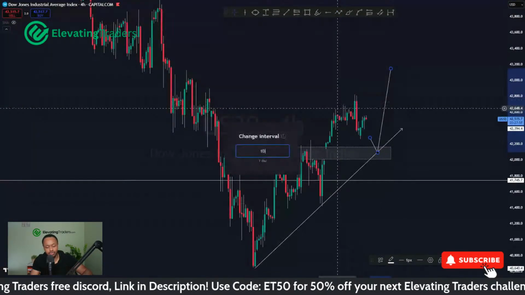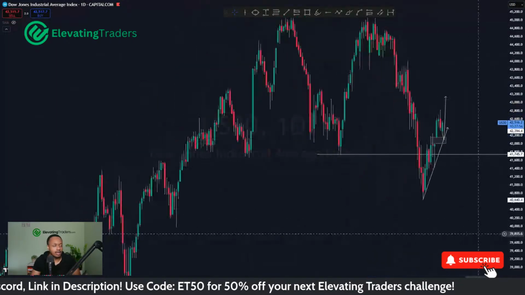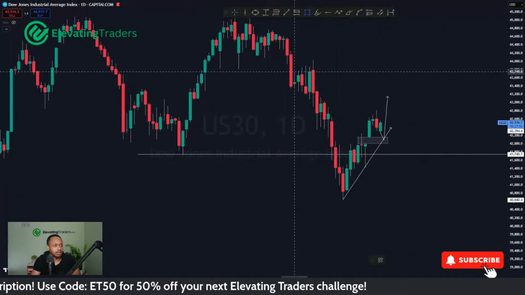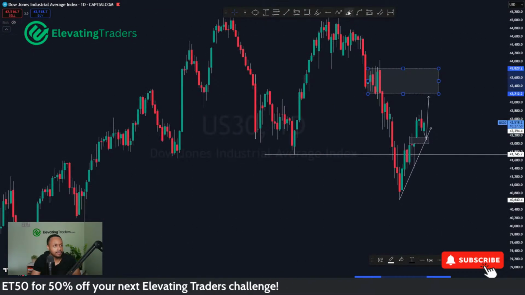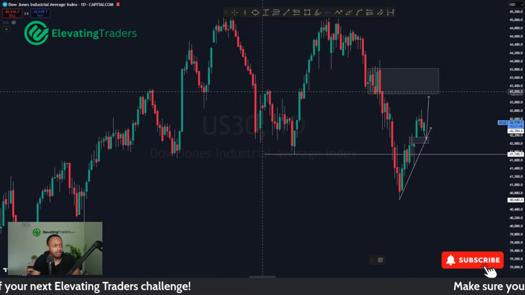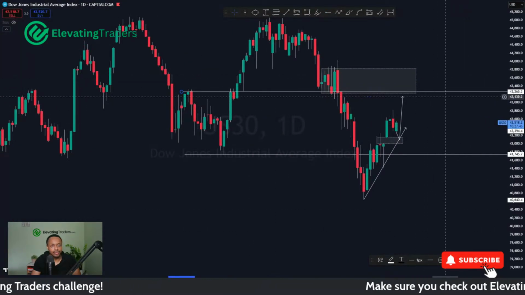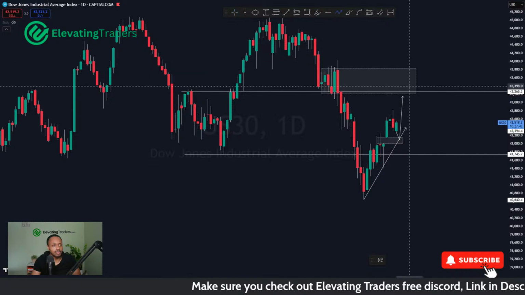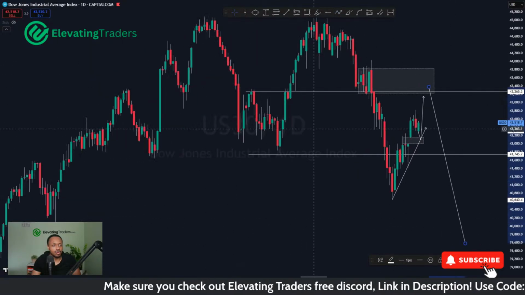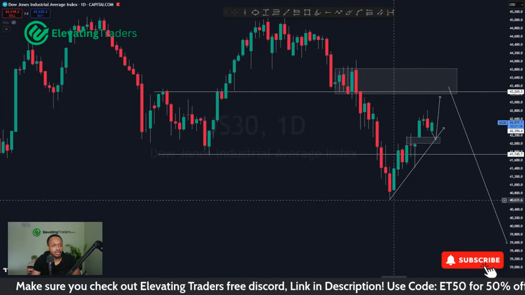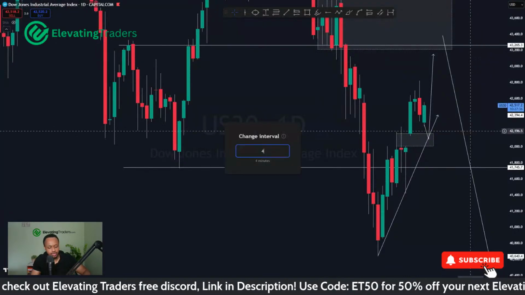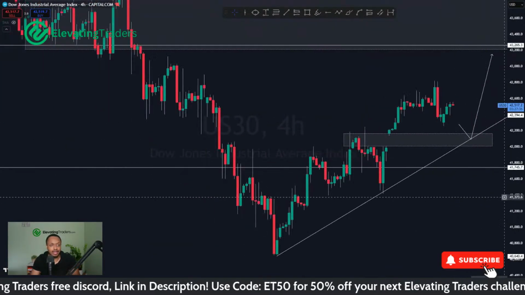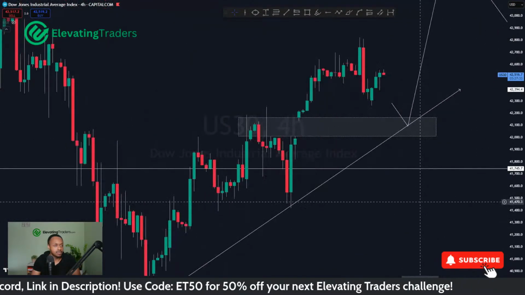Don't get me wrong, I'm still pretty bearish on this one. But I'm kind of looking at price pushing a little bit higher. Some solid resistance on the left there as well. Kind of looking around 43,300, 43,400 for some shorts for US 30 for continuation of this bearish move. At the moment, I think there's still some solid support below us, and that looks like a nice buy actually.